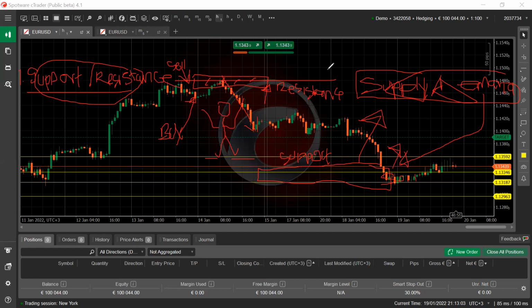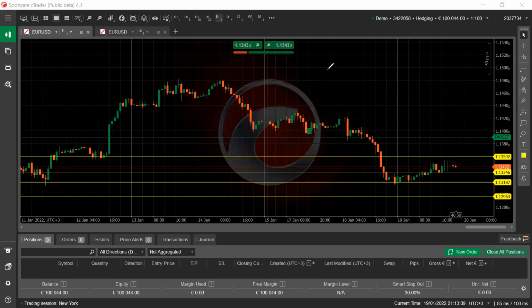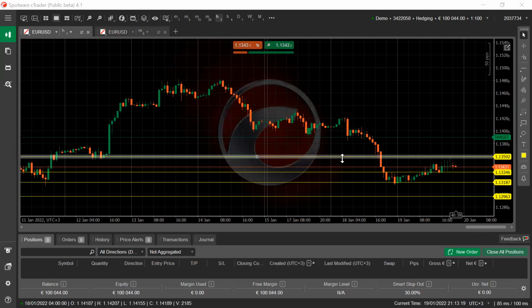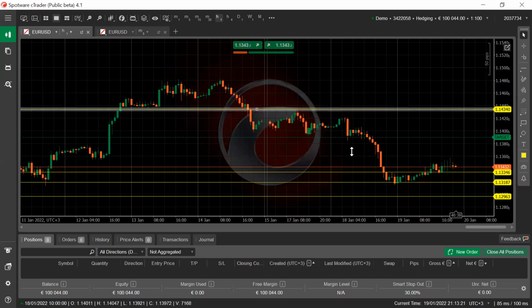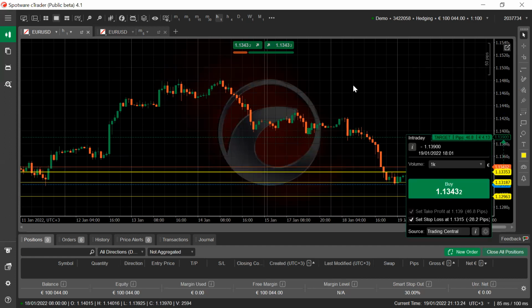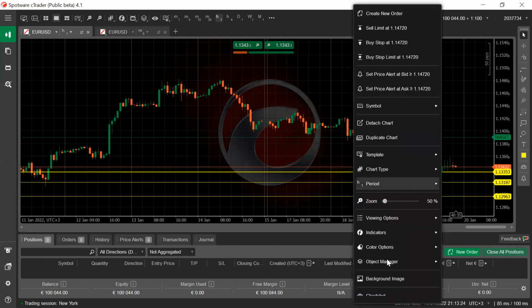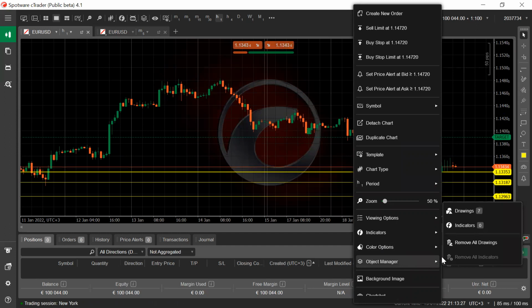Why is that significant? It's significant because it allows us to look at the market in terms of its movement, in terms of where there is supply, where there is demand, in terms of support and resistance. So here I will now change this and move it, let me see, object manager, move all, yes.